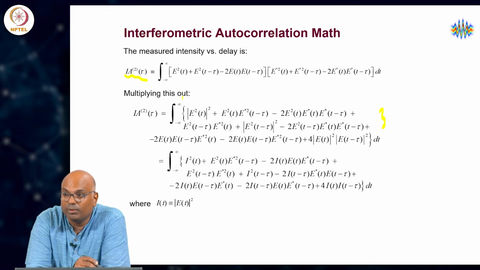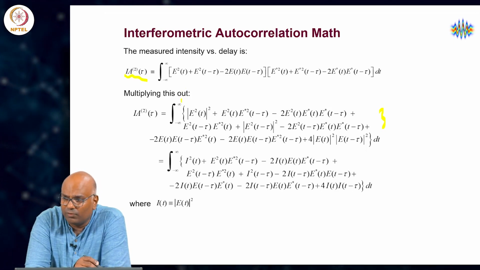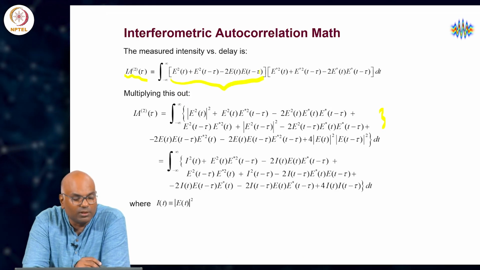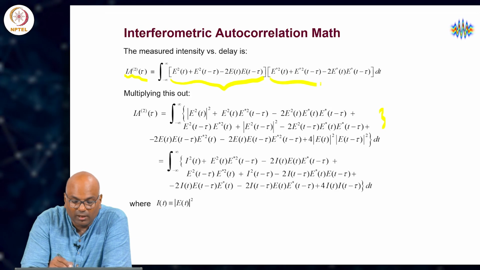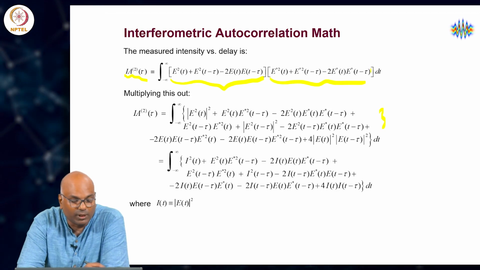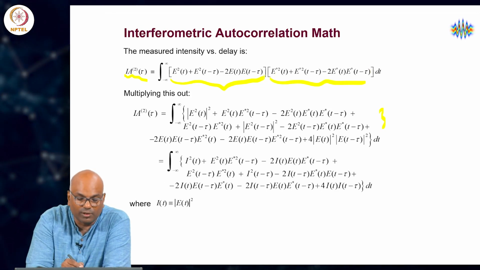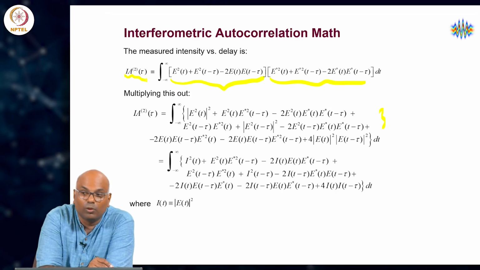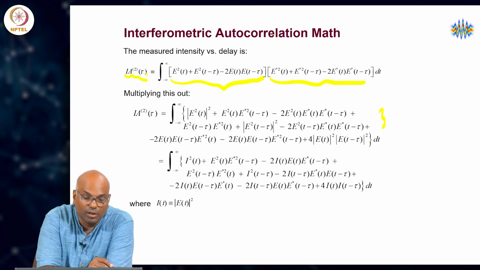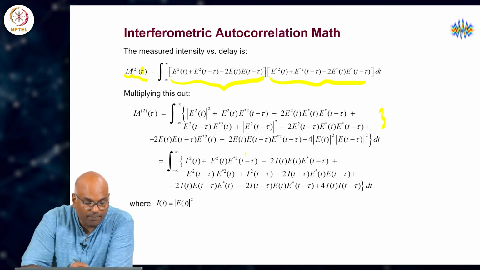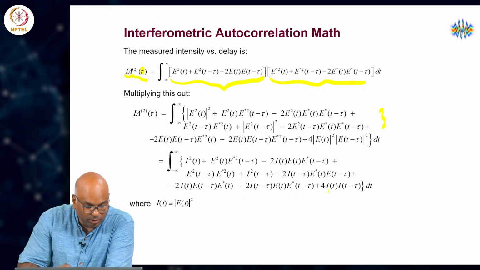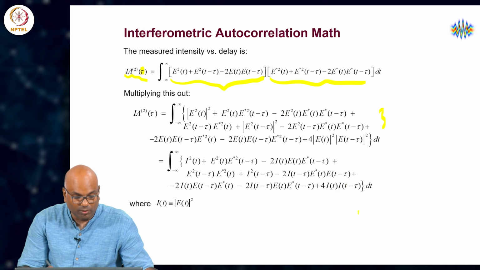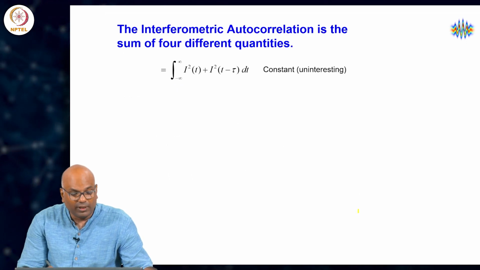It is essentially very straightforward, in the sense that the measured intensity versus delay I a of t, remember we can only measure intensities and not fields, is essentially a product of this interference term about which we have learnt earlier, and the complex conjugate part, the term by term complex conjugation of this generates for us the measurable interferometric autocorrelation intensity I a 2 of tau, right, and then multiply out all these terms, right, just roll up the sleeves and multiply out all these terms,